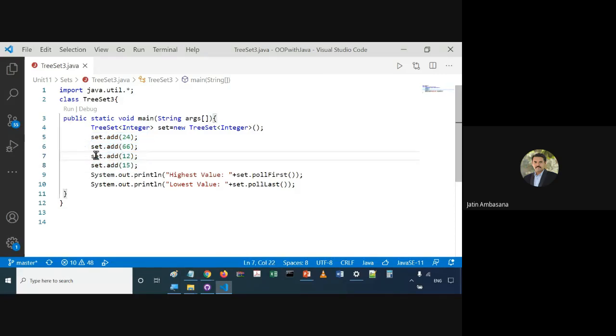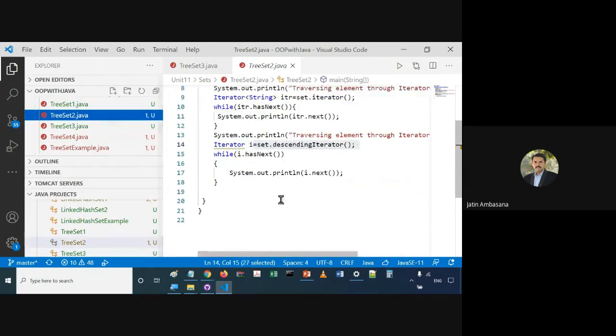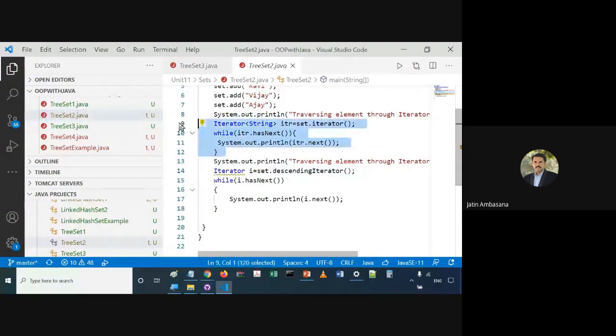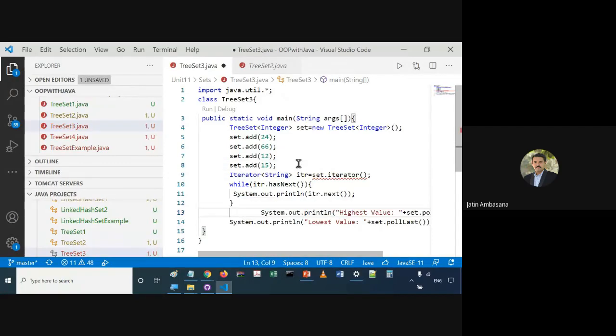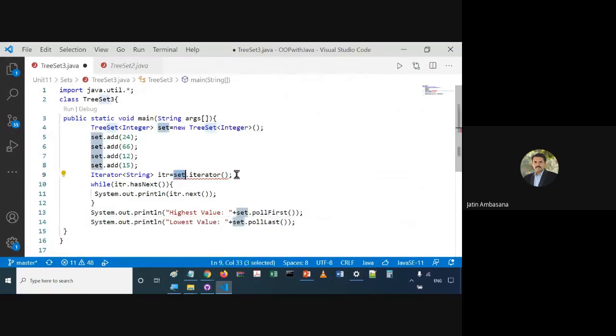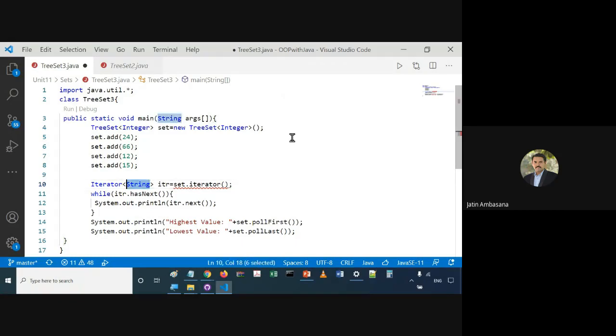So it should be ordered in this manner, 12, 15, 24 and 66. If you want to see, you can iterate over it. Okay, we can get the iterator of integer type and we can iterate over it, and then we see the highest value and lowest value.